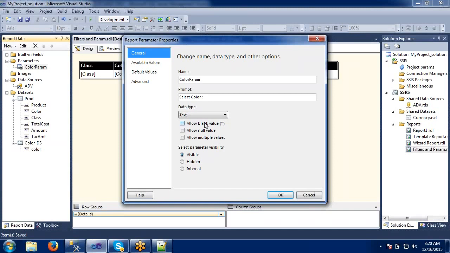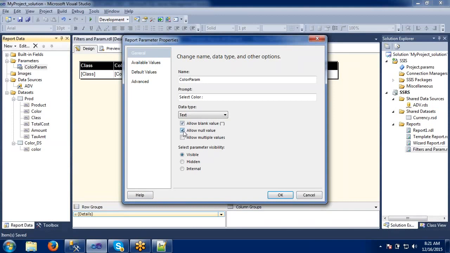Allow blank values means if we have any blank records, we can allow them by ticking this option, and they will be shown on the report. Allow null values means if we only have null values, they will also be allowed on the report here. These two options are very simple actually.